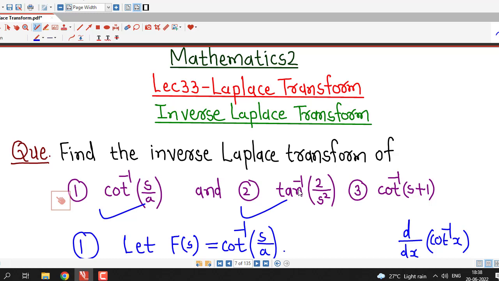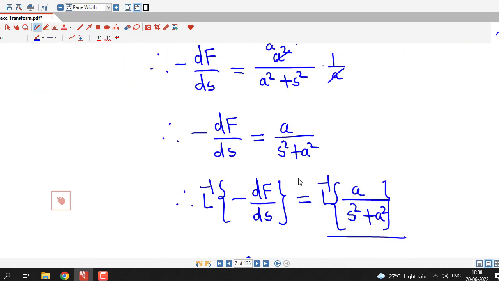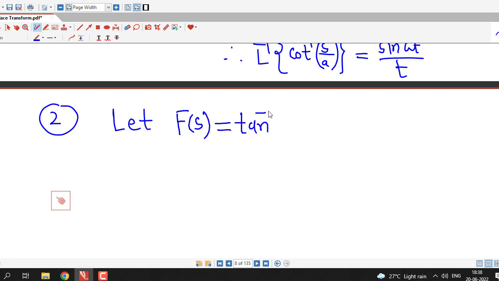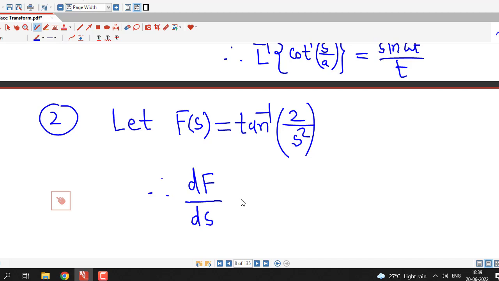In second part we have tan inverse of 2 divided by s square. So we will apply the same method. First we denote our function by capital F of s. Function is tan inverse of 2 divided by s square. Then we differentiate with respect to s. Therefore dF by ds